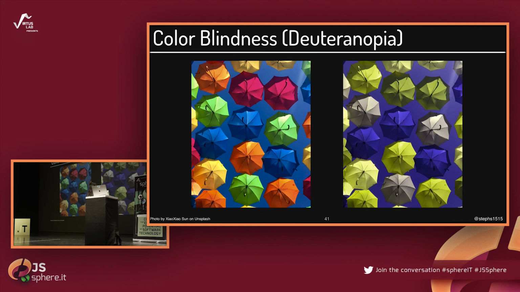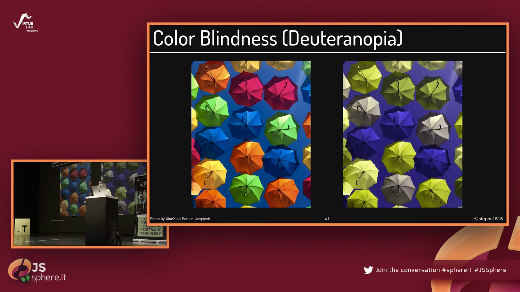And in this case, it's deuteranopia, which means that they're missing the green cone. So how we see colors is through three cones that we have in our eyes: red, green, and blue, so RGB. And light comes, goes through the cones, and we can detect color. So when one of these cones is missing, then we cannot appreciate all shades. So when someone doesn't have their green cones, they look at colors like this, and they can only perceive around 2 or 3 shades of color, when someone that has all their cones can see up to 7.